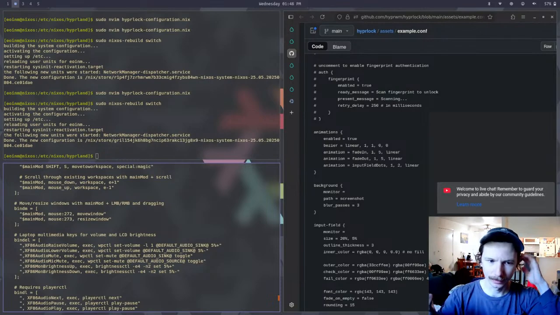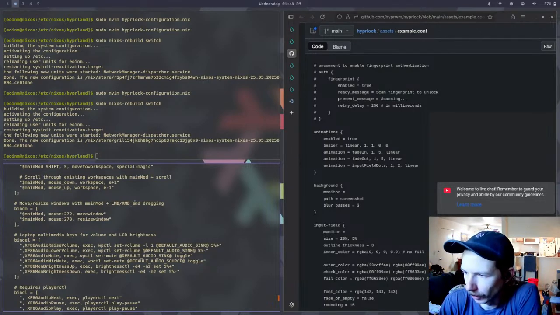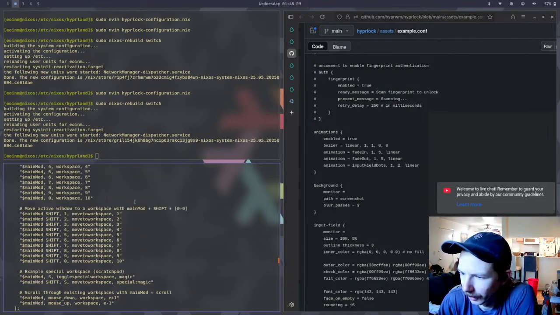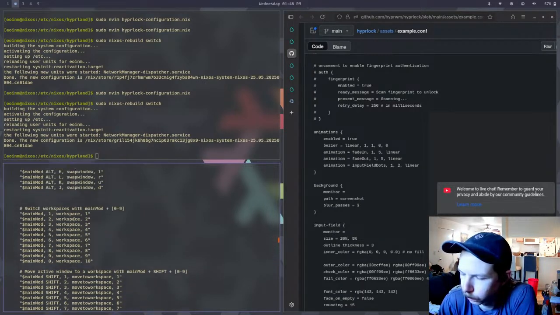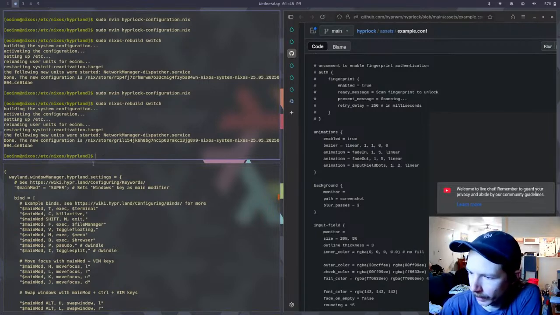It's nice because you can physically see the brightness, but it would be kind of cool to know what percentage it's at. I'm not sure how to do the label in this way. Label equals blah, and then have a bunch of blah. We could do it with